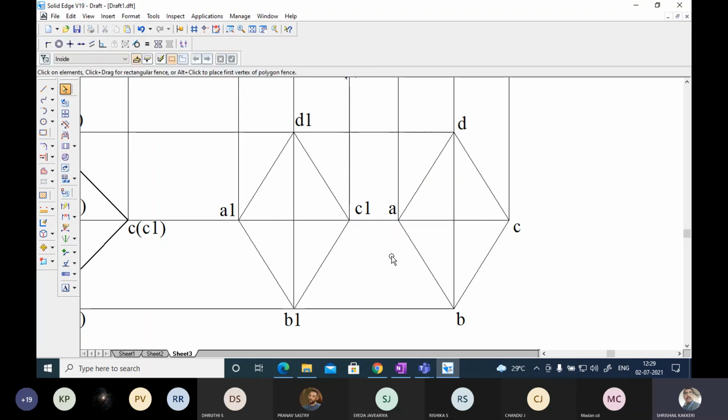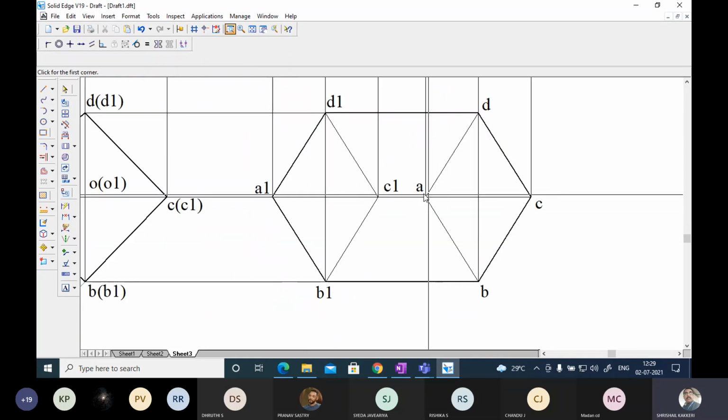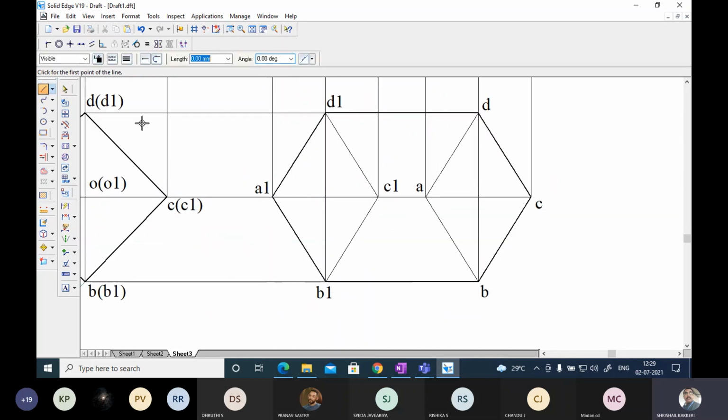Okay, no problem. Now, as I told you in the beginning, all these outer lines you make them thick first, because the thick and thin line makes a lot of difference. Okay, all these outer lines I am going to convert them into visible first. Step by step you do it. Now please look here, the observer looks from the top. A1 is nearer to the observer. So what I am doing is, I wanted to make A1 a thick line. Since A1 is thick line, the remaining these two lines which are joining these 2 points will be visible.